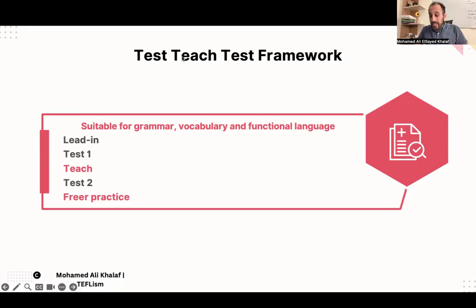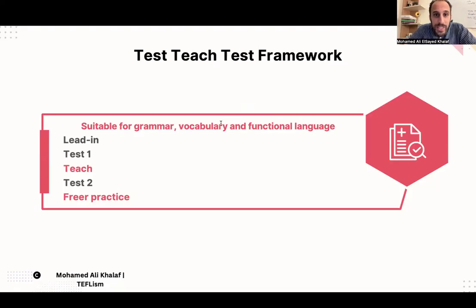Okay. So again, you looked at the TP points, you found a vocabulary lesson, usually, and you looked at the materials, you didn't find the text, but you found that there is a task to help us see how much students know about this vocabulary set or this lexical set. Okay, so there was a task. That means the framework is test, teach, test.